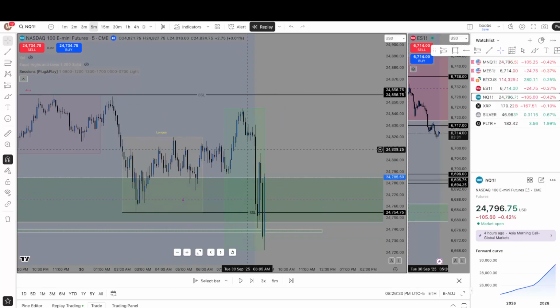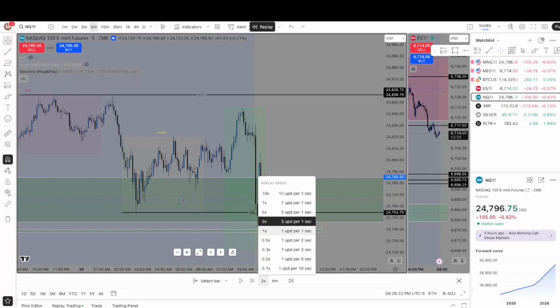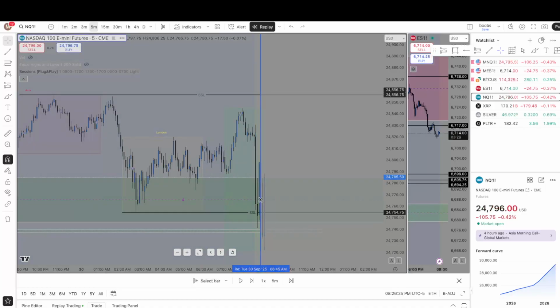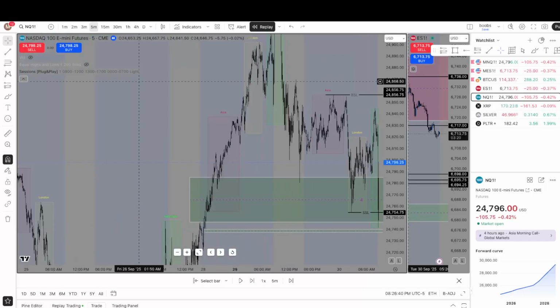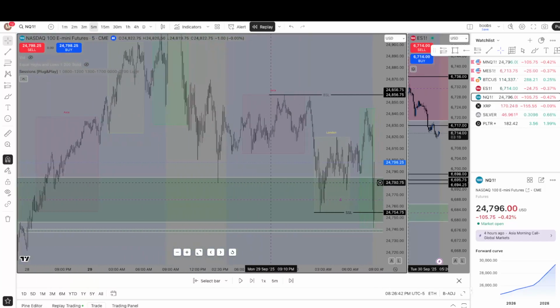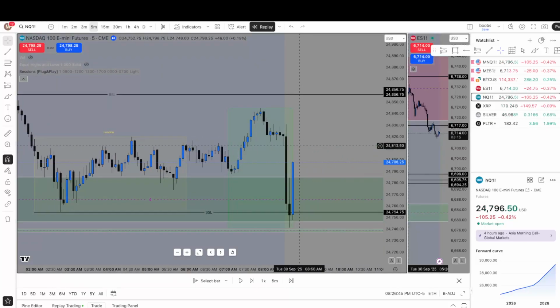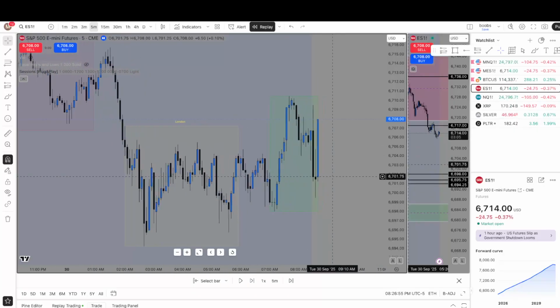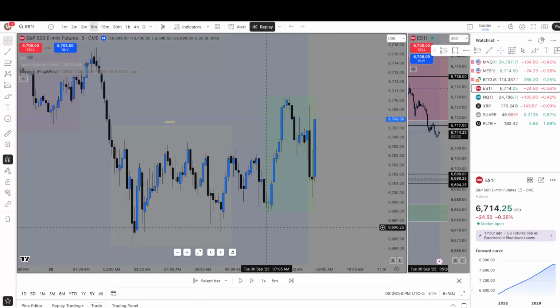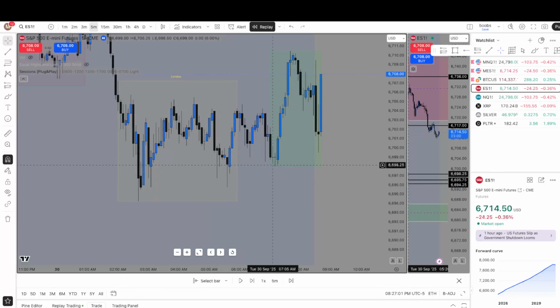Oh, well, that went pretty quick. We could slow that down. What do we see right off the bat? By the way, you see this little blue box I have right here? That is a 15-minute imbalance. Note that, 15-minute bullish imbalance. Right off the bat, NASDAQ goes and sweeps out these lows. If we go to ES, I can go back. ES, around the same time, did not sweep out these lows. There was a low here, there's a low here, and there's a low here. ES did not sweep out these lows, which gave me an SMT.